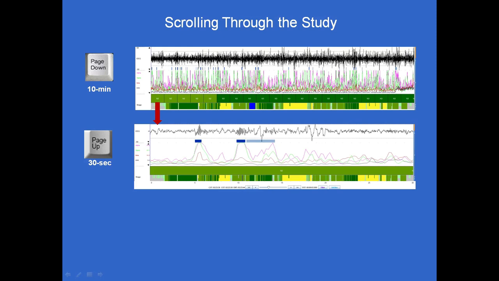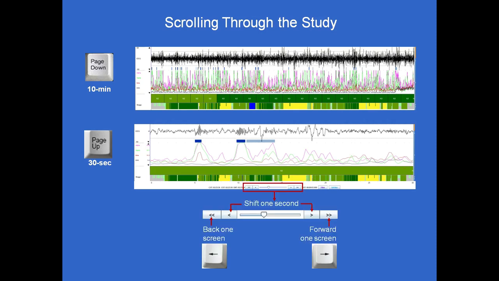The page down key will change the presentation to a 10-minute screen. The page up key will return a 30-second epoch that appears at the left edge of the 10-minute screen. Alternatively, double left-click at any point on the entire night hypnogram to open a 30-second screen. The left and right arrow on the keyboard, or the functions at the bottom of the screen, enable scrolling throughout